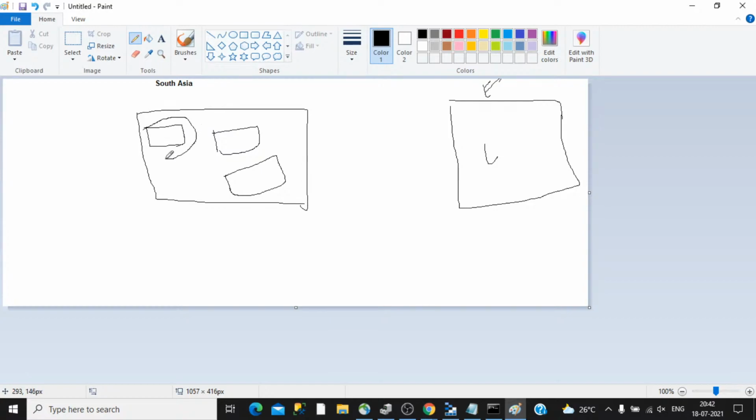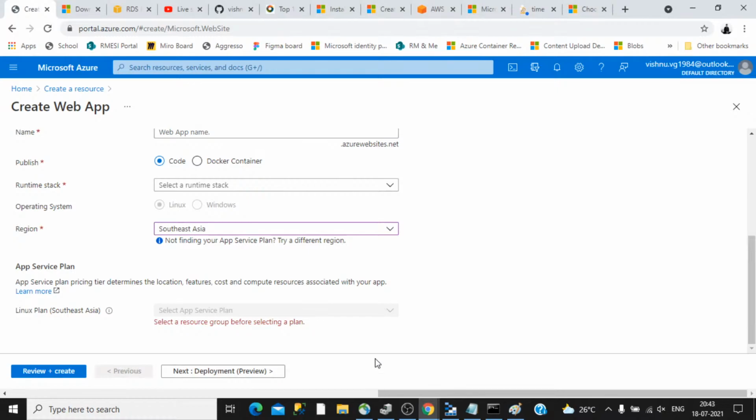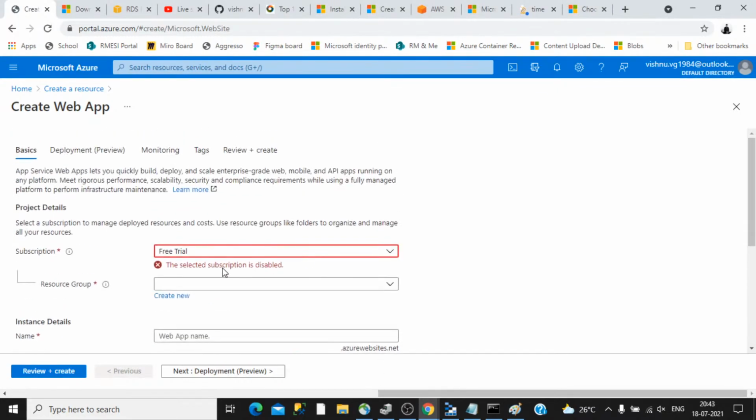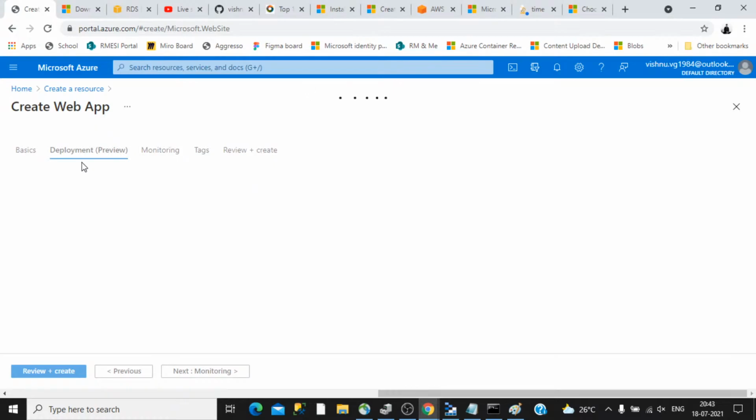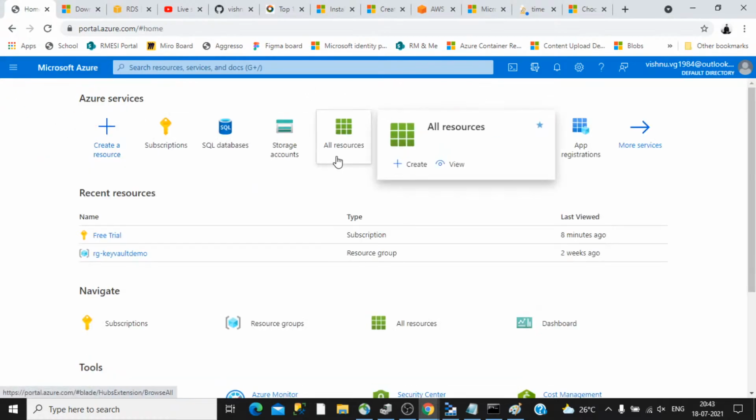Imagine if this particular cloud resource has some problem, and if there are no availability zone copies available, then the entire application will be down. So to avoid that, it is always recommended to create a resource in an availability zone. So for that purpose, it is always suggested to create a resource in a particular zone.